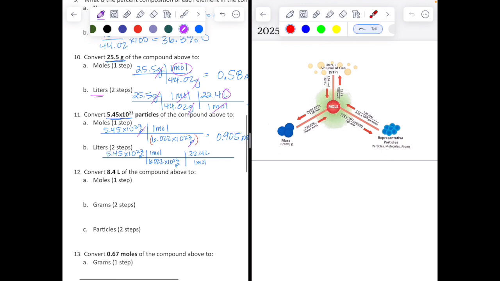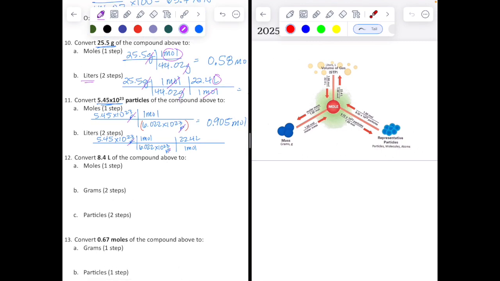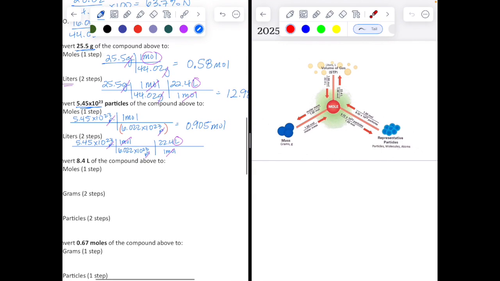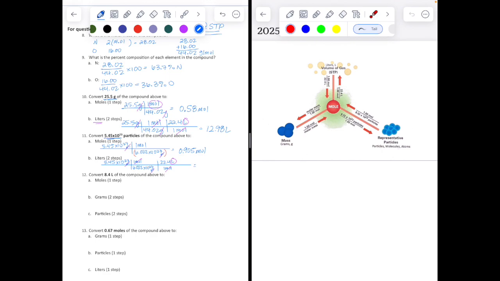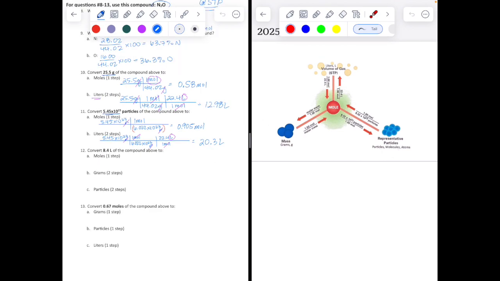Okay, showing how the units cancel. Particles is gone and moles is gone, and we end up with liters. So go ahead and type that in, and you should get 20.3 liters. Okay, so for our next one, we need to convert 8.4 liters, and we're going to go to moles,